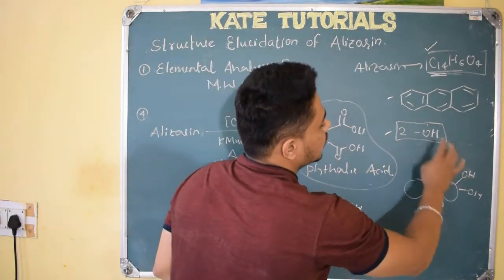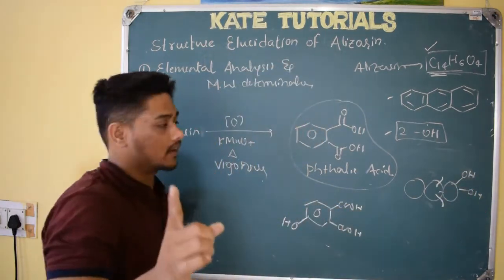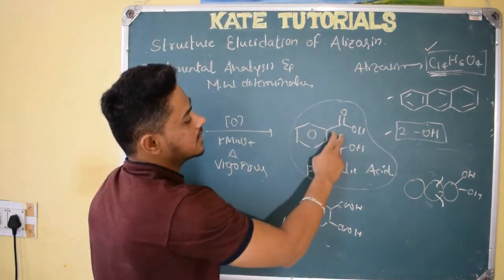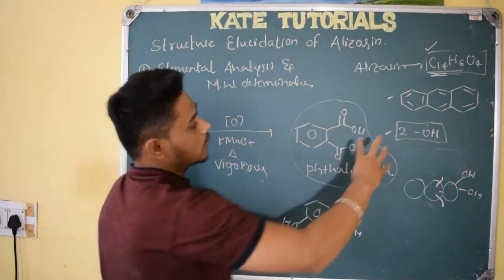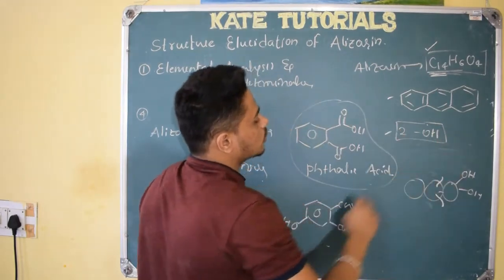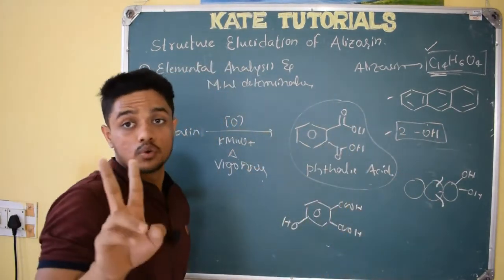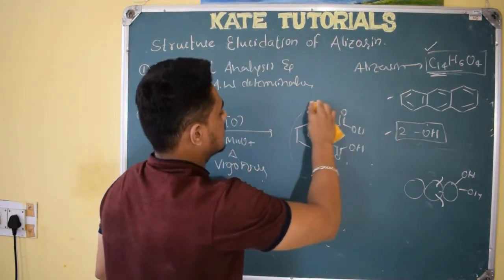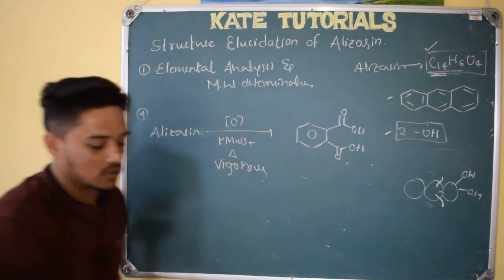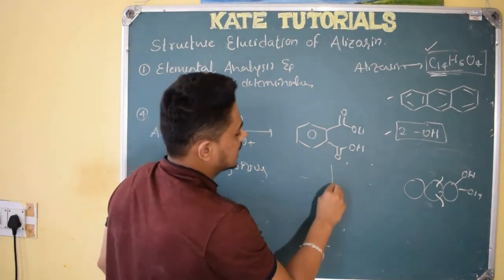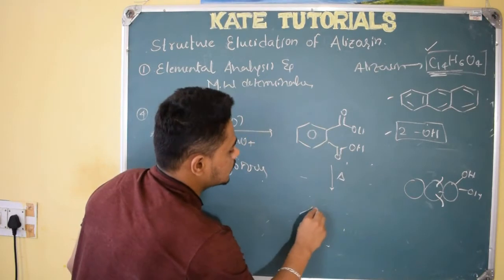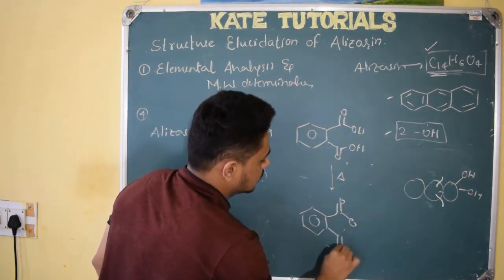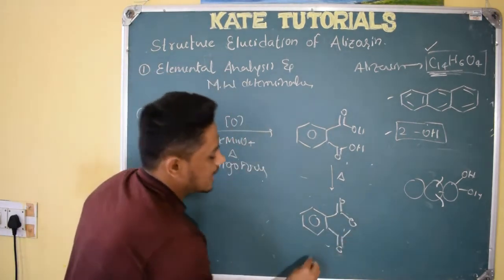So what we got: these two OH are there, both OH are in one ring, and also the scientist concluded that there are totally 3 rings, in which these two will form 2 rings, and one more ring is there which contains the OH groups, right? Why these two will form 2 rings, I'll give you that. So I hope I concluded that, right? This is the phthalic acid they got when they did this vigorous oxidation. If I just heat phthalic acid, it will form phthalic anhydride. So it will be like COO, CO. This is phthalic anhydride, right?